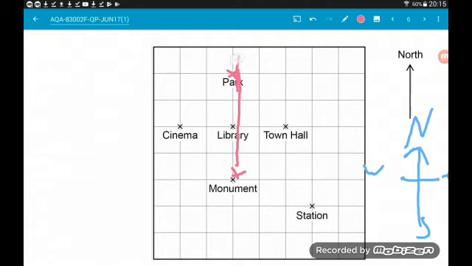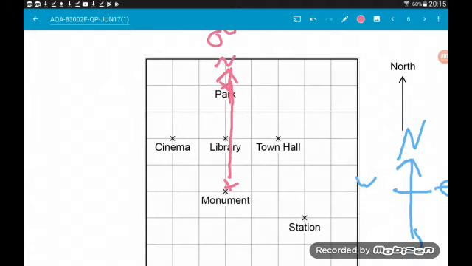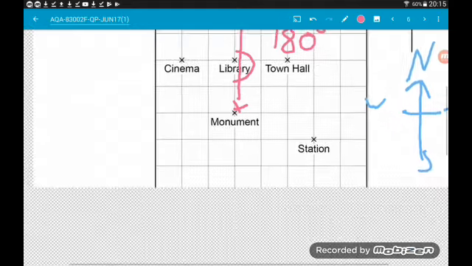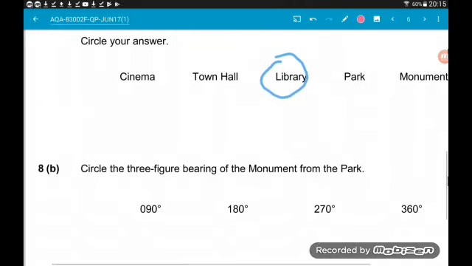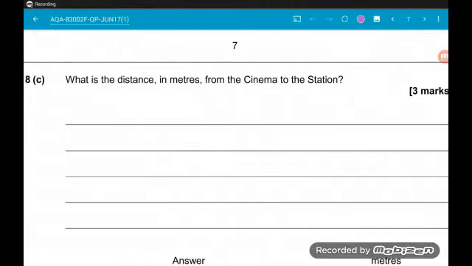So remember, north is 0 degrees and bearings are measured clockwise. So we would want that angle there. It's a straight line, so it's 180 degrees. So that's our answer to part B, 180 degrees. Okay, so part C wants to know in metres what is the distance from the cinema to the